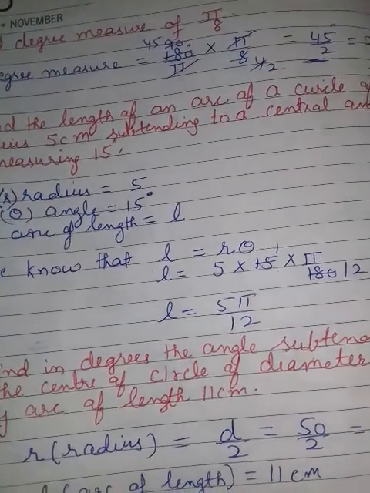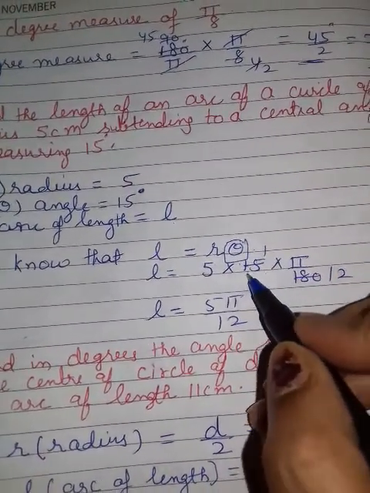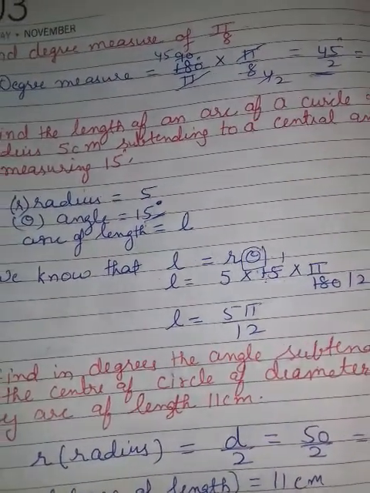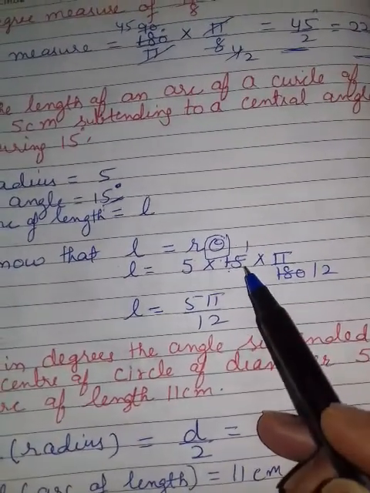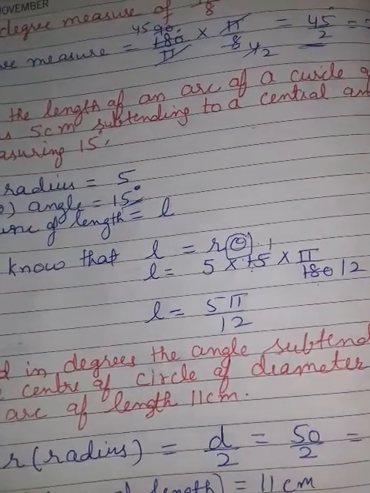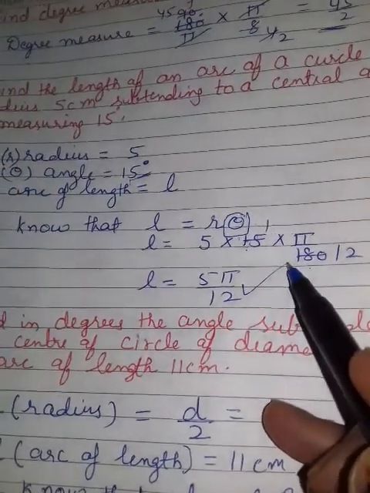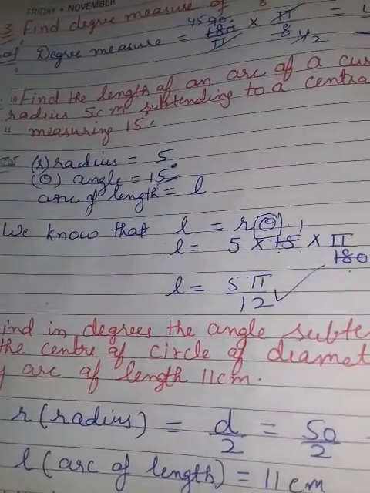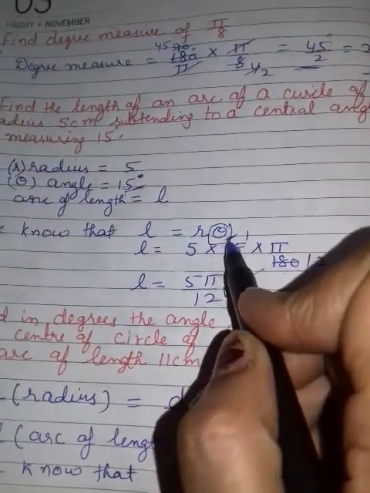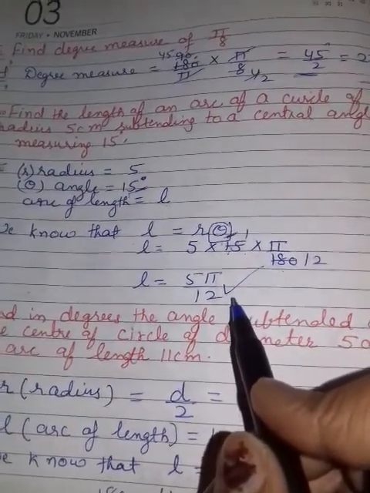And one thing more, remember it, which theta you are putting here, it must be in radian form. Clear? Firstly you have been given the theta in degree form, so you have to convert into radian. You know pi upon 180, you will multiply with it, it will convert into radian measure. So I am cancelling. This is your length of arc. Remember this, theta must be in radian. If it is not in radian, then firstly you will multiply it with pi upon 180.